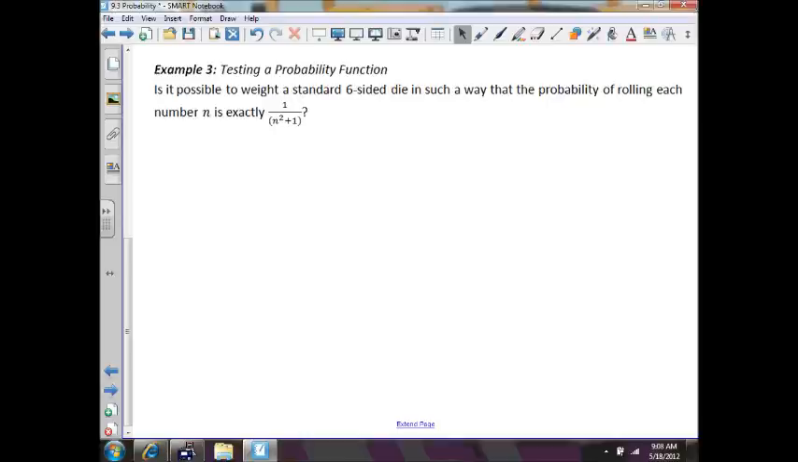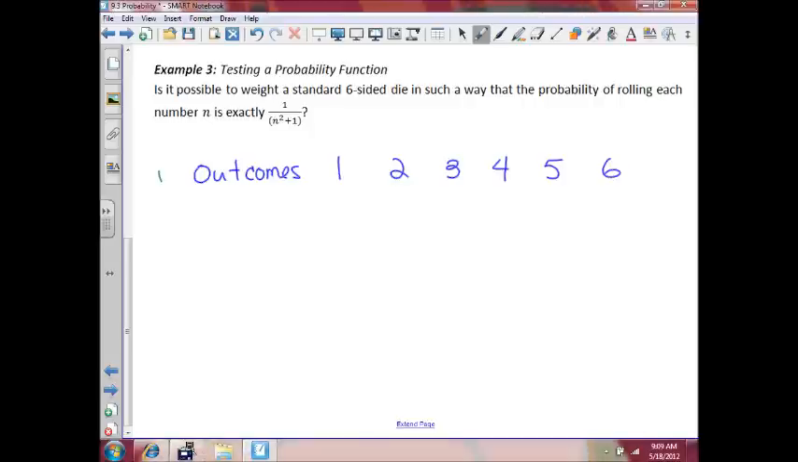Now if we look at example 3, is it possible to weight a standard 6-sided die in such a way that the probability of rolling each number n is exactly 1 over n squared plus 1? Well, our possible outcomes are 1, 2, 3, 4, 5, and 6. And this is our n value. 1 over n squared plus 1. The probability of those